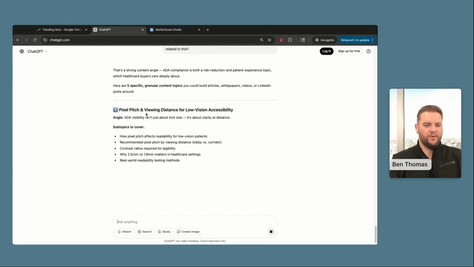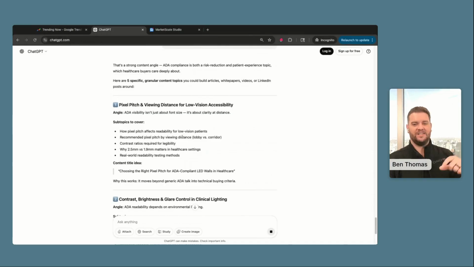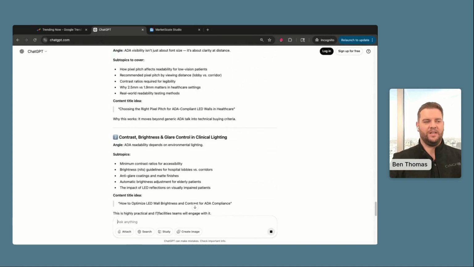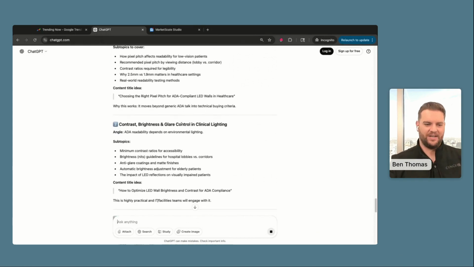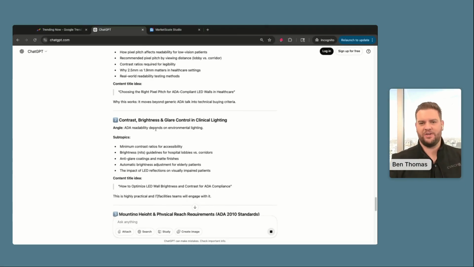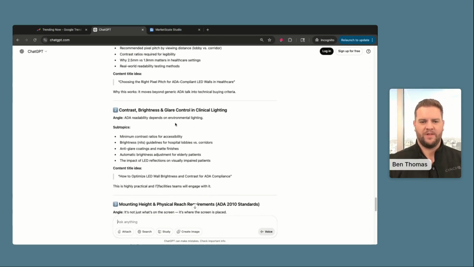So, what are the viewing distance questions I need to ask for low vision, right? If I'm an optometrist, I'm going to be asking questions very specifically about this. But if I'm an end of life care facility or something like that, I may have different ADA compliance questions. I may have all sorts of questions that I can ask right here. And this is a great way to source that. So take these. Normally, I'll use this, and then you can go in and send requests. Whether you're using MarketScale Studio, whether you've got an internal team capturing some of this, you can have folks create